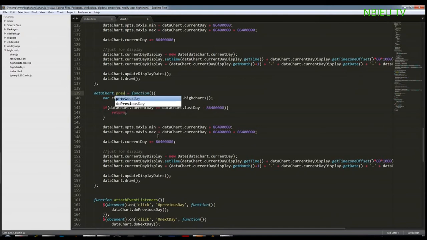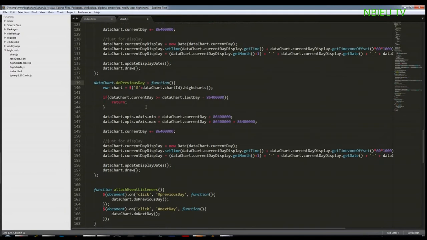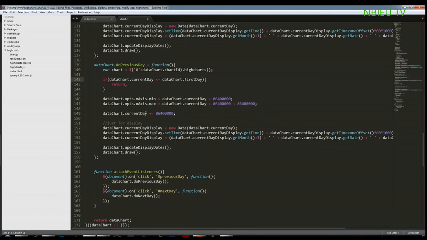And we have a do previous day. And let's see, as far as our logic goes, instead of being greater than, we're going to do a less than check. It's not going to be the last day, it's going to be our first day. There we go. So if our current day is less than or equal to our first day, then return out. Otherwise, proceed forward. And let's see if I can get this correct here. We want our minimum to go back 1 day from the current day,